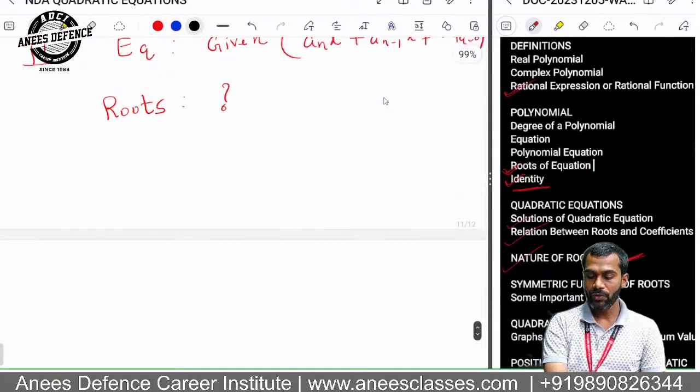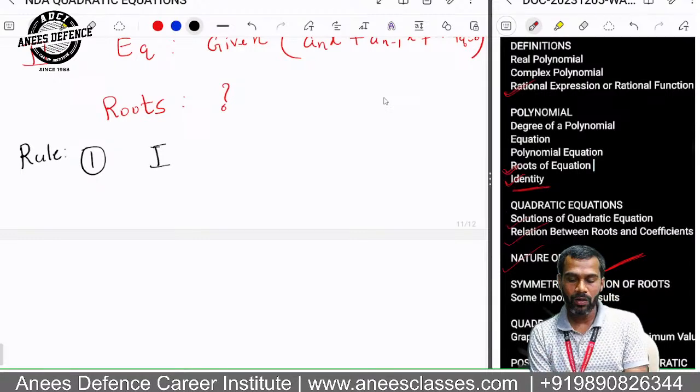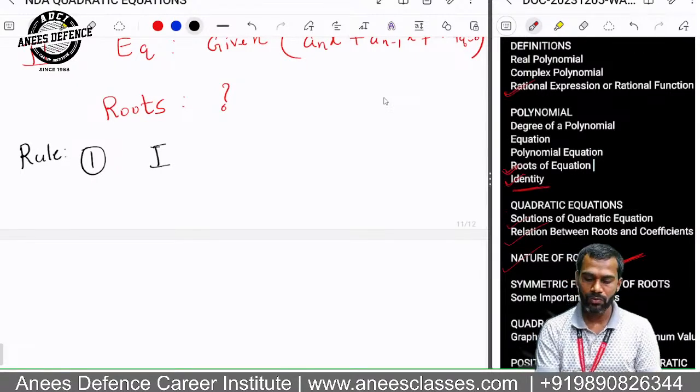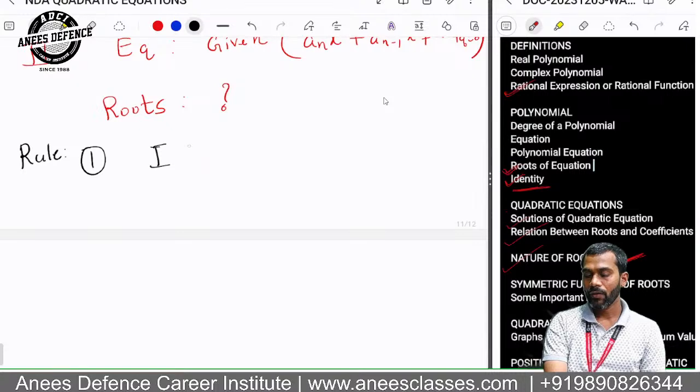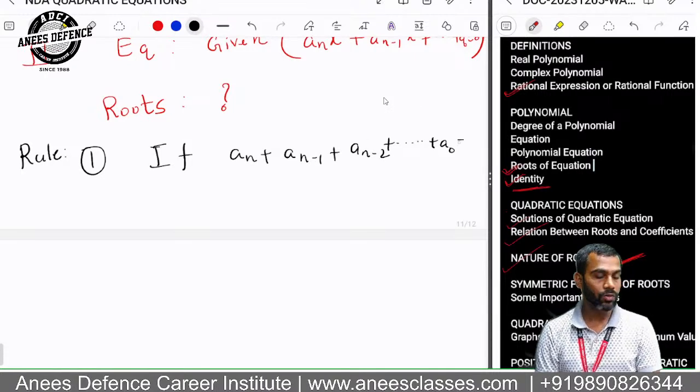So the first rule, tell me, rule number 1, to find out the roots. These 2 rules are not restricted to quadratic equations only. They are universal rules, you can say, for all polynomial equations. Yes or no? If a_n + a_(n-1) + a_(n-2) + ... + a_0 is equal to 0, then